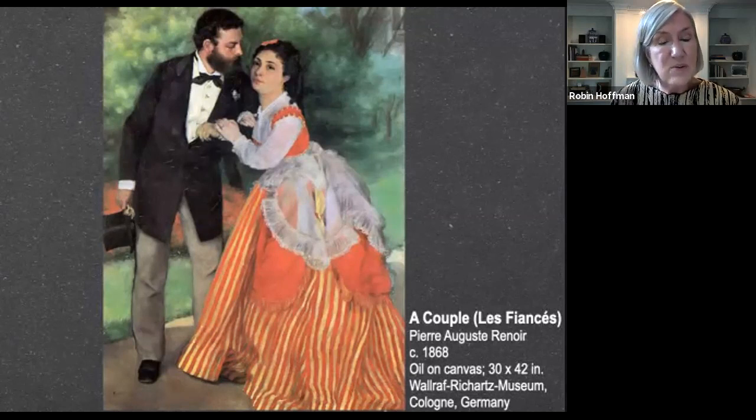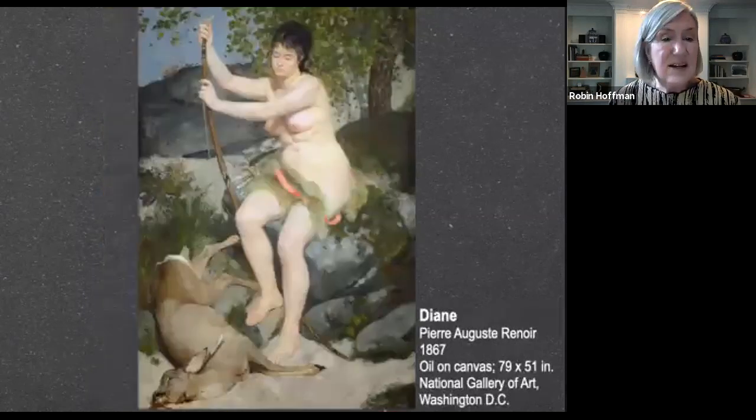While this work is moving towards Impressionism, in the composition and in the treatment of the light, we still see the strong traditions of academic painting. Renoir's style here shows the influence of realist painter Courbet, and this is one of the few times Renoir used a palette knife to apply his pigments, which was a favorite technique of Courbet's.